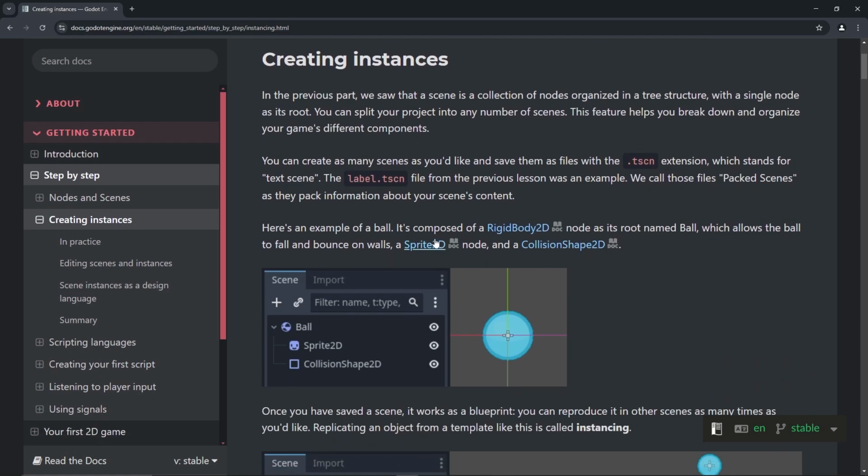It's composed of a rigid body 2D node as its root named ball, which allows the ball to fall and bounce on walls, a Sprite2D node and a CollisionShape2D. So this ball has Sprite2D, which is the circle, the visuals, and then CollisionShape2D, which is the fact that if it touches the wall or touches this, it'll